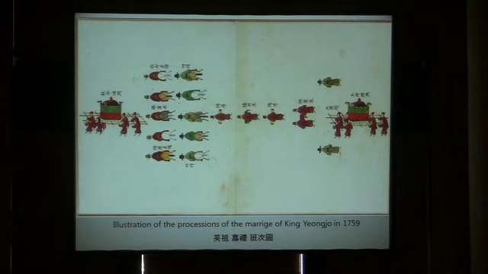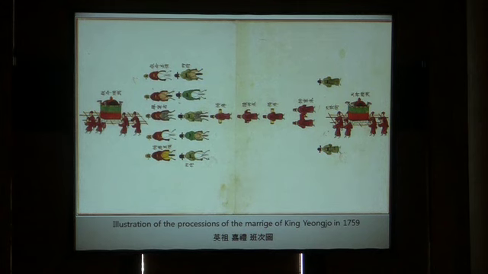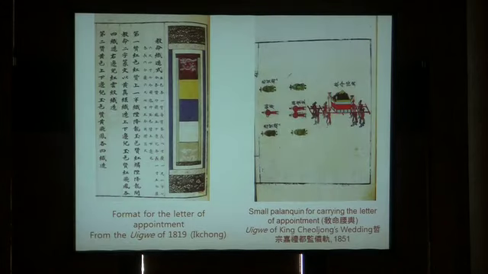And so I would say that this painting, this procession painting is primarily documentary, so you have to document everything. Now we'll see what these little palanquins contain. On the right, there is a small palanquin containing